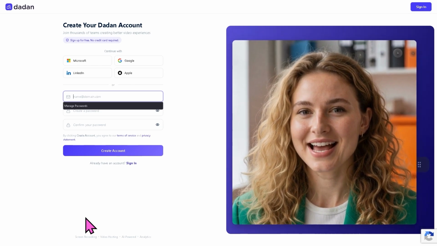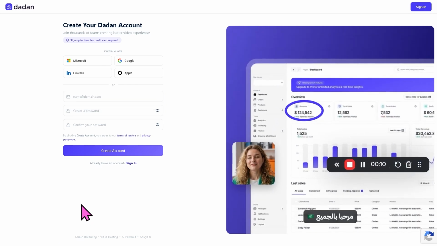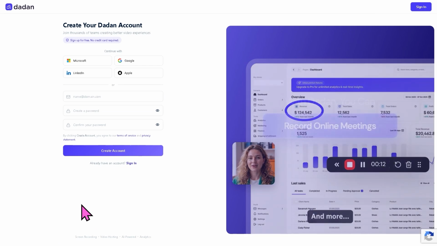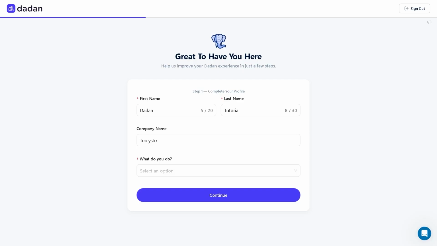Creating an account here is super simple because all you have to do is provide all the information needed. You can use your business or personal email. As a matter of fact, you can use your Microsoft, LinkedIn, Google, or Apple account, and then follow the on-screen instructions. Alright, so